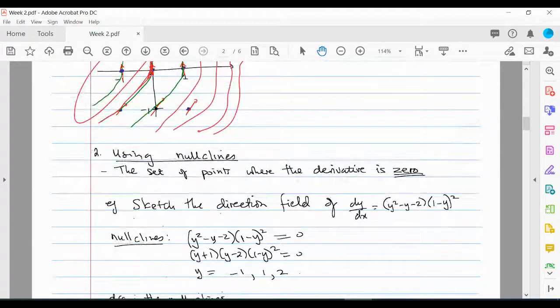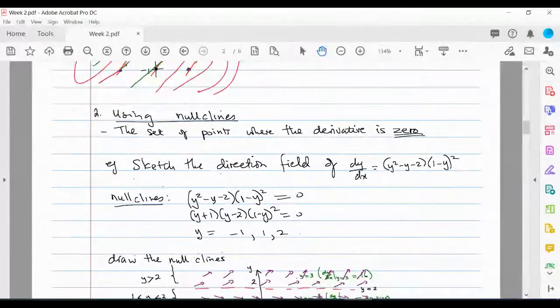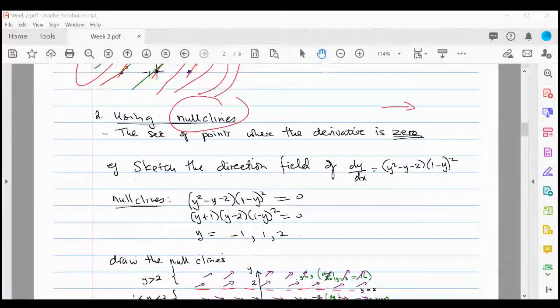Now, we move on from just a defined grid set of points. So now we are looking at nullclines. So we can draw the direction fields using nullclines. What are nullclines? These are a set of points where the derivative is 0. The derivative is 0. So when the derivative is 0, we have a horizontal orientation. The 0 derivative is horizontal. Okay. So when we deal with nullclines,